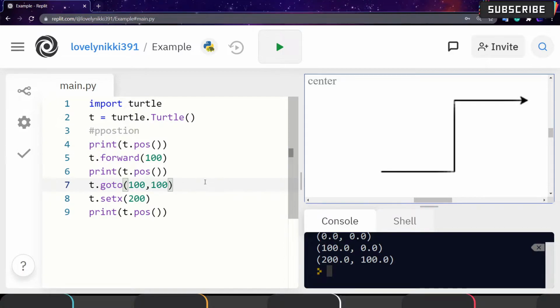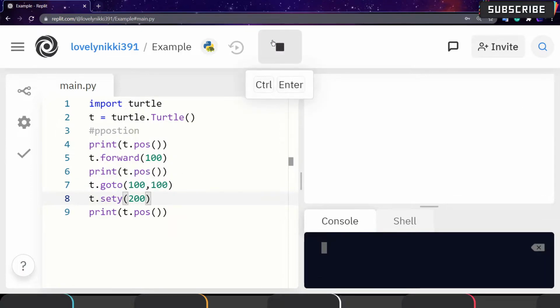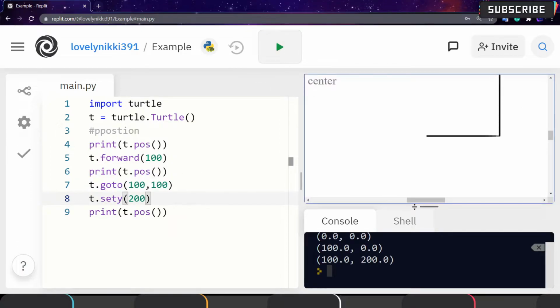The goto function helps to move from the current position to the specified position, and in goto we give x and y coordinates. Suppose if you want to move only the x coordinate, then we use set x. It works the same for set y. You can see here.